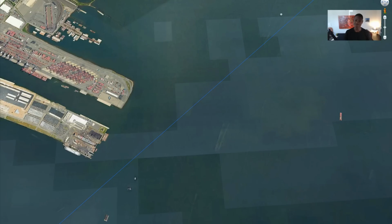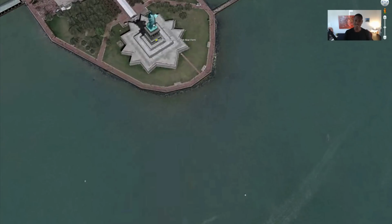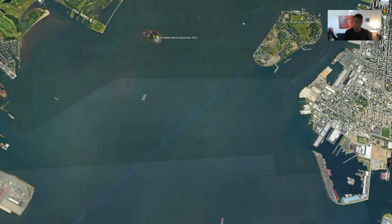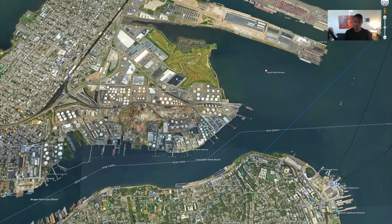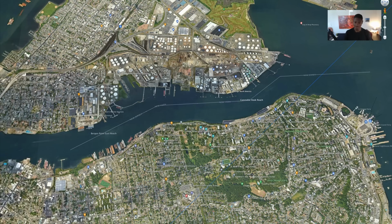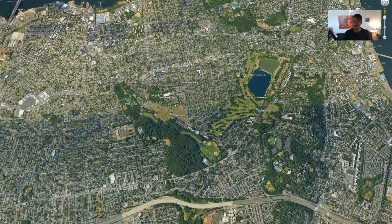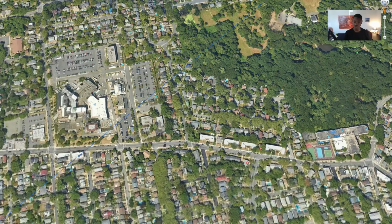We're not going to look along this entire thing, but I'll show you. And by the way, we do pass another star fort, the Statue of Liberty. So this is what we see, right? Immediately, we're passing some sort of facility, gas looks like, and then we're going to cut over many things. There's a school,